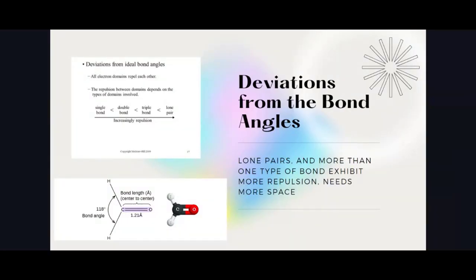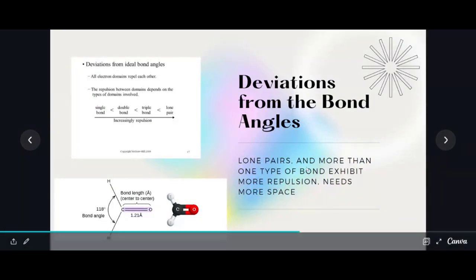Next, we'll talk about the deviations from the bond angle. So lone pairs and more than one type of bond exhibit more repulsion, needing more space. If you look at the example down here, we have a C double bond to 2 H's. And so what's going to happen here is that usually if you look at VSEPR, you predict that since there are three